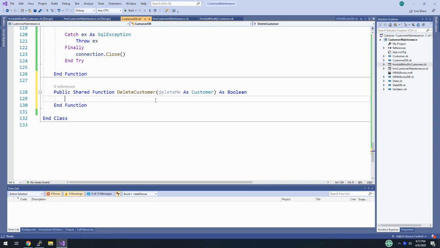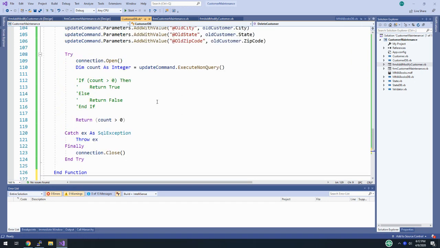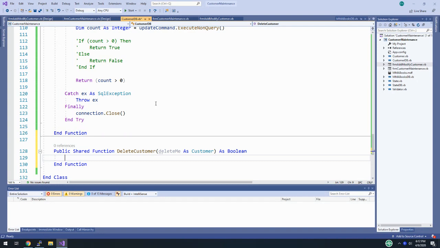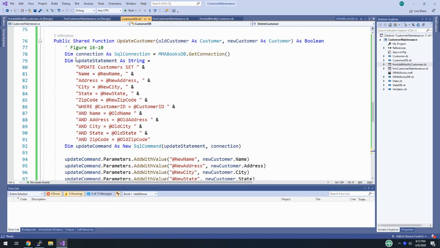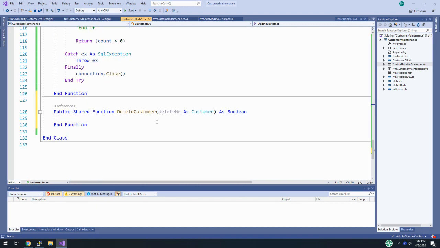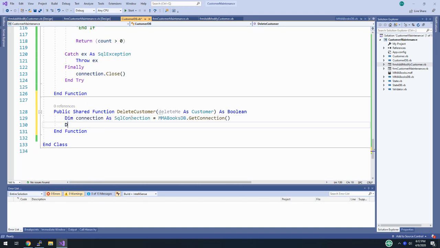And this is pretty similar to our update. All right, I'm going to go back and forth with the update and just copy a few things here. So again, I need that connection. And then I need a delete statement as a string. Delete from customers where